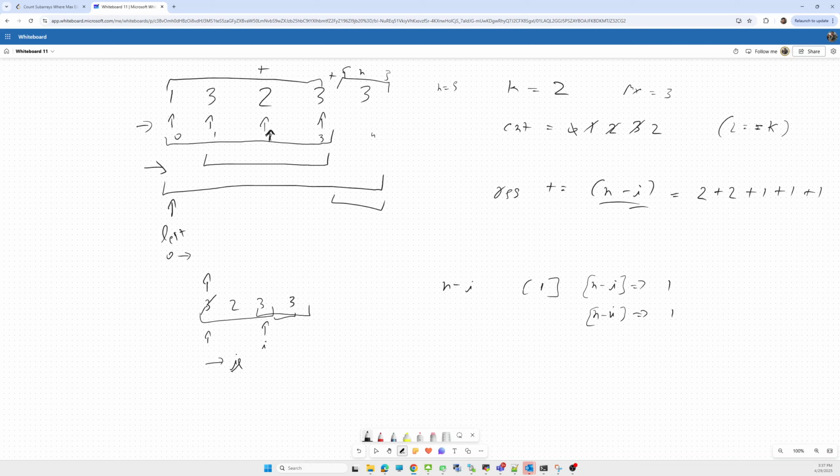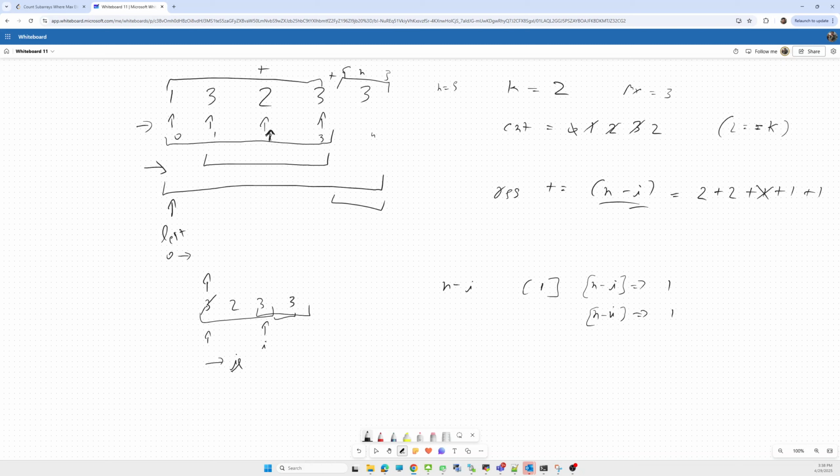We took this count 2 times. So we have to move, squeezing the subarray from left to right till this condition is satisfied.